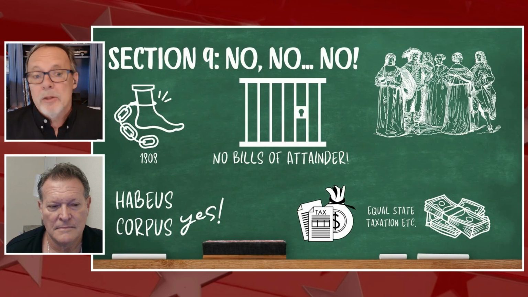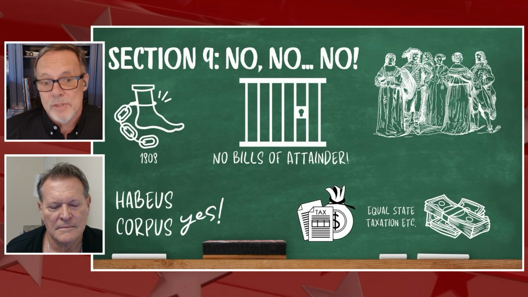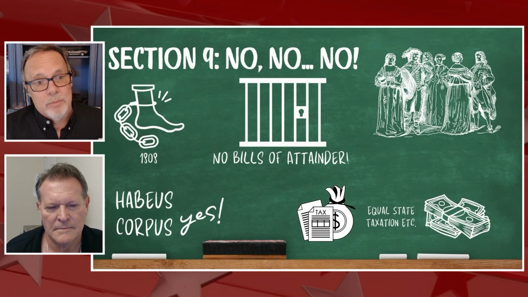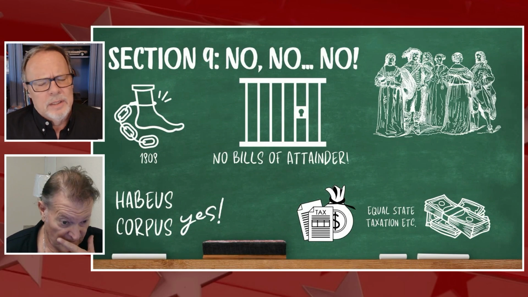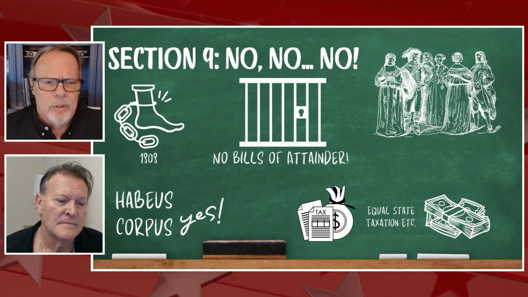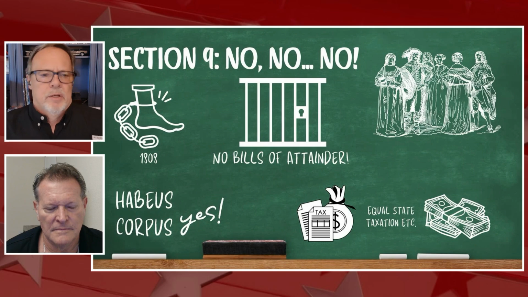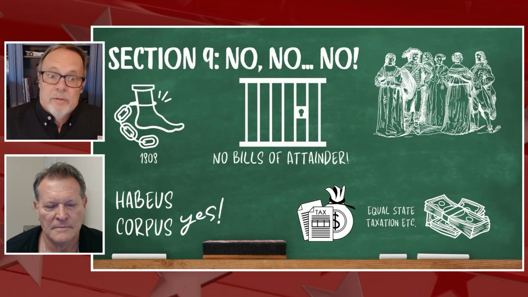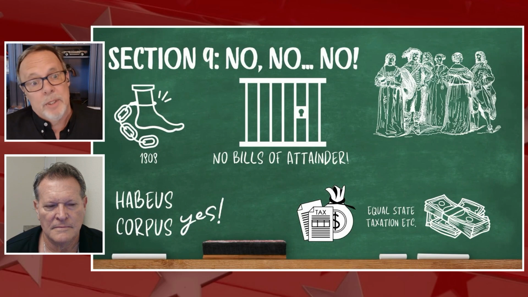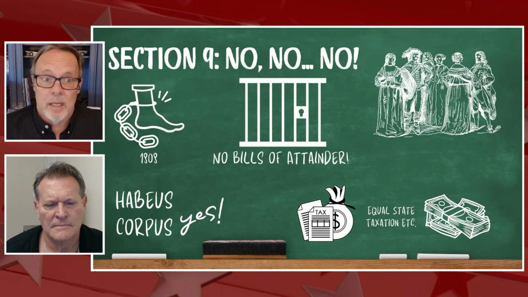So another thing Congress can't do is suspend habeas corpus. We have rights. We have a right to not be falsely imprisoned, falsely detained, and stuff like that. I'm trying to remember the literal meaning is something like shall have the whole body or something like that. What it really means is the court has the right to have the whole body of the accused in there, meaning the accused has the right for charges to be made publicly, for them to be able to defend themselves. The government can't just secretly throw you in jail, except in times of extreme emergency.